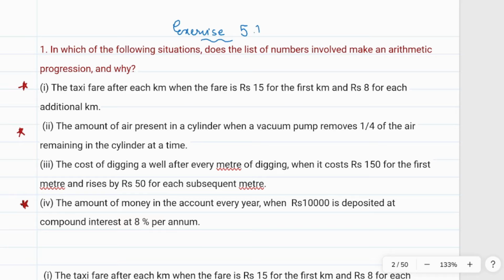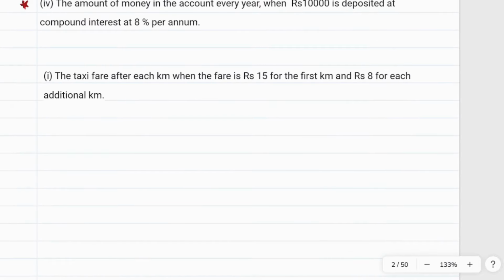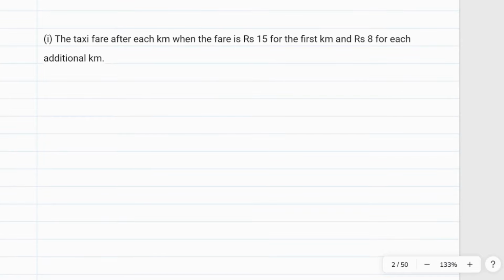Here what they are asking is: in which of the following situations does the list of numbers involved make an arithmetic progression? Here we have to show whether the given condition belongs to AP or not. So let us first solve the first one. The taxi fare after each kilometer when the fare is rupees 15 for the first kilometer and rupees 8 for each additional kilometer. Here you can write taxi fare